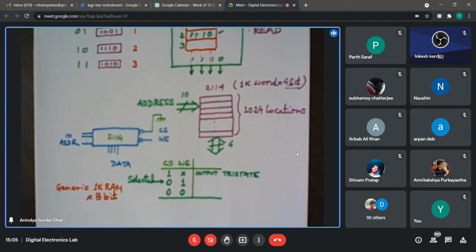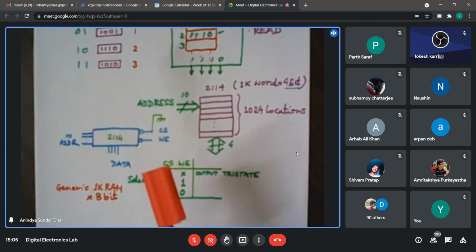I'm not sharing the screen right at this moment. So in digital by function, in the minor device class, you will find RAM. In that RAM, there are 2 RAMs. What is the first one? 4505. There is a CMOS chip called 4505, but the data width in that case is just 1 bit. With 1 bit, we may not be able to carry out our experiment. Then we would need to put 4 such chips, so connections will become a little clumsy. That is why I picked up this so-called generic one.